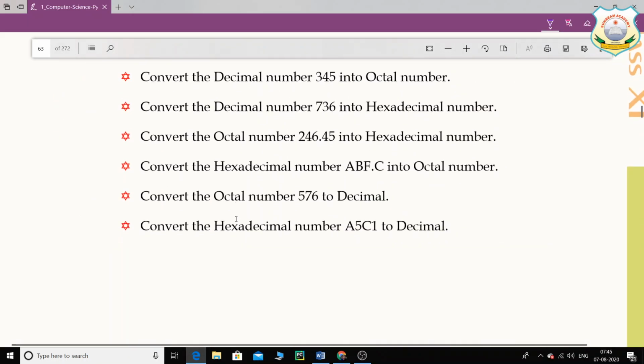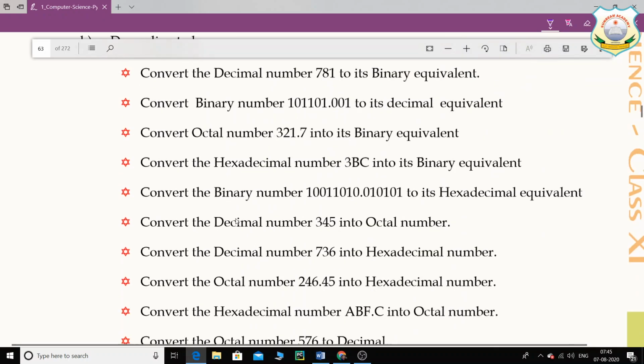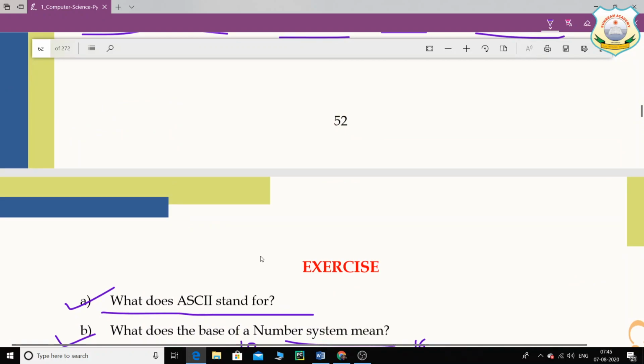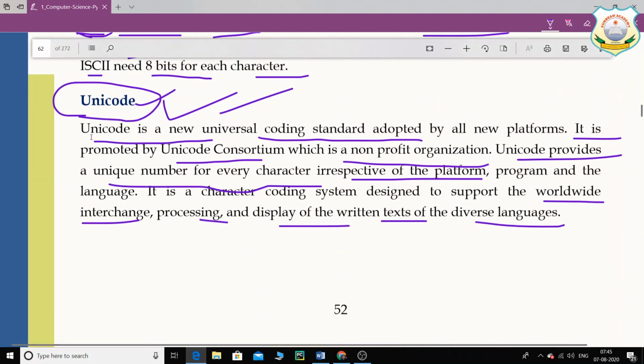You can definitely write the answer for this. It is at the top. The question is, what is Unicode, how is it useful? So you can write this answer. Unicode is a new universal code standard adopted by all new platforms. Platform means all the devices and the operating systems. It works on Windows, it works on the Linux operating system.